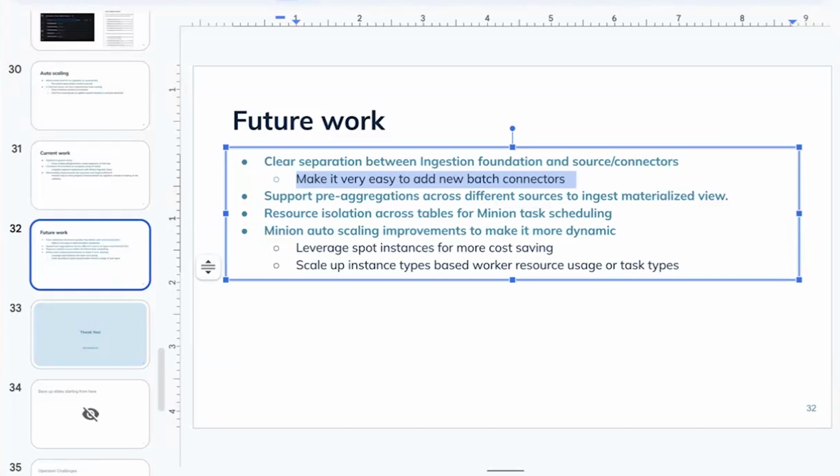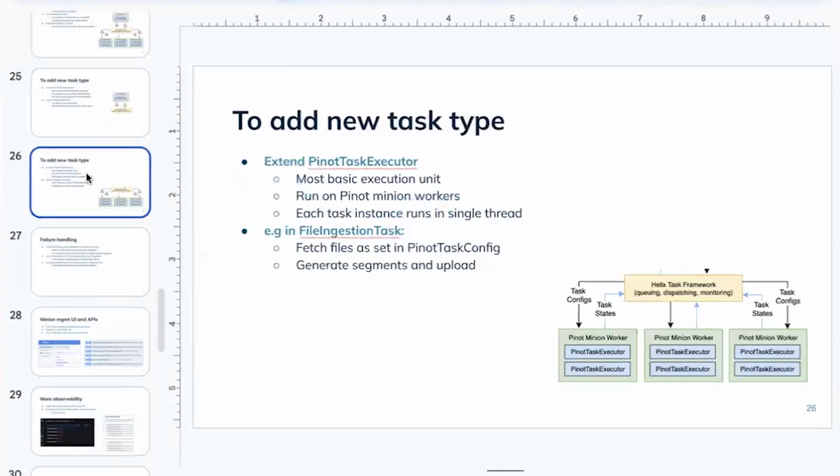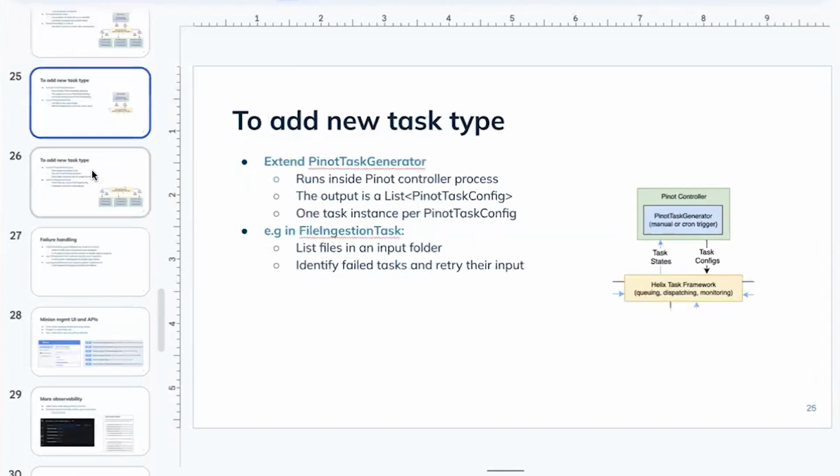Developing a task is pretty simple. You just have to implement a couple of interfaces, like the generator and the executor interfaces, and those aren't too complex. It's easy to at least plug one in.